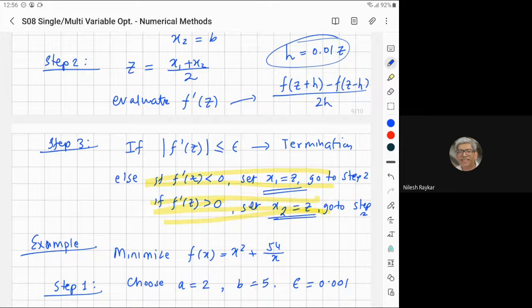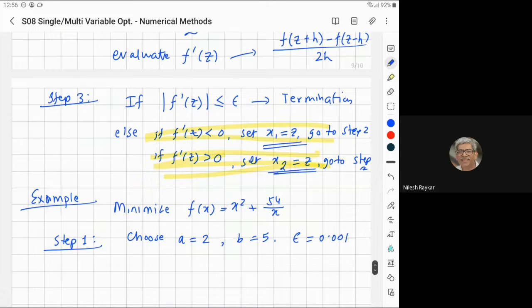First we have to ensure that the slopes are negative and positive on either side. So f dash of a should be negative; the left side should be negative, the right side should be positive. What will happen if the left-hand side is positive and the right-hand side is negative? What will that indicate? It has got a maximum. That's right. Since we are searching for minima, we are setting it up this way.